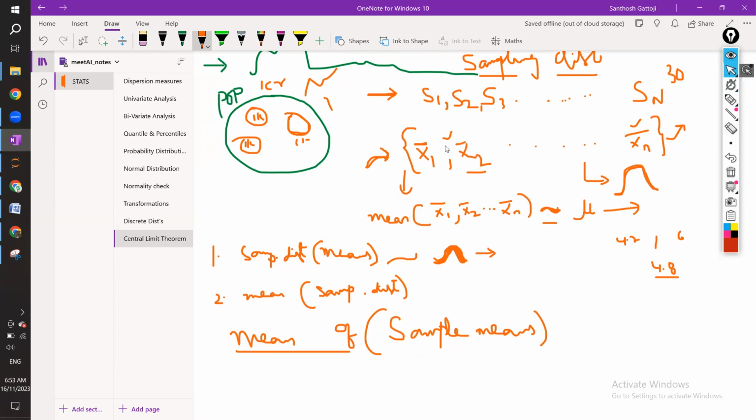Fine. So now the theorem is saying if you are not able to work on the whole data, just take the samples and take the means. This means, if you plot them, will follow a normal distribution. So you can work on this. Now, since this is a normal distribution, obviously you can apply all the rules of the normal distribution